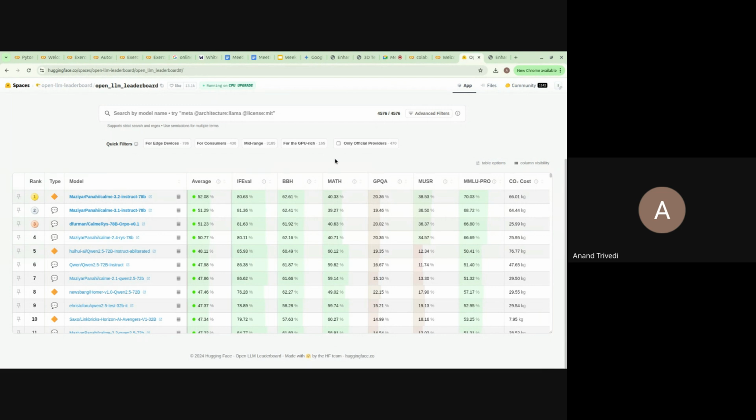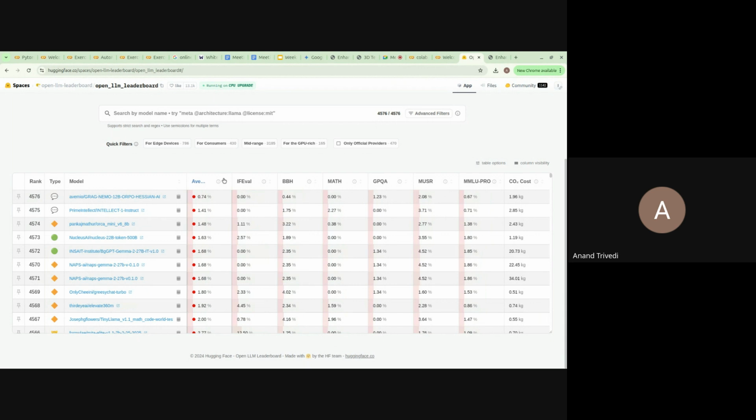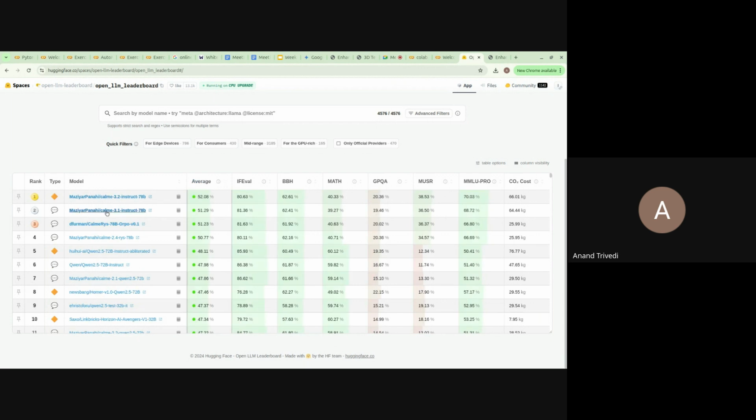Now there can be a case that a model performs better on this data set, but not very well on a generic data set. There is a very huge chance of that, because these models are specifically trained for all of these things, right? And if you see, this Qwen was released by Qwen. This is the official Qwen release.